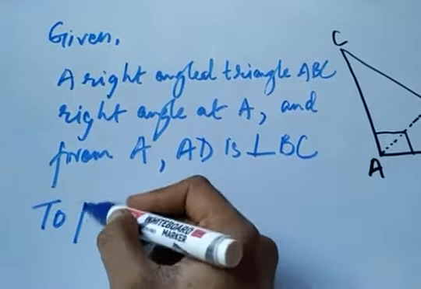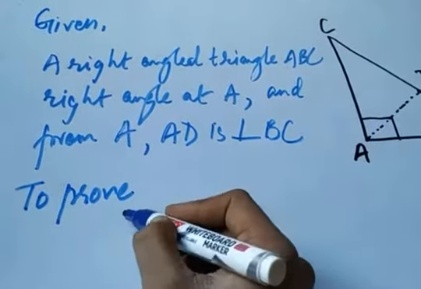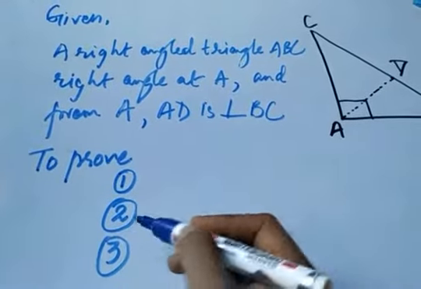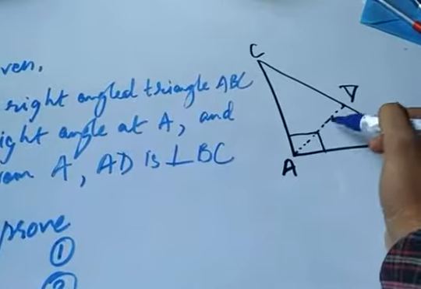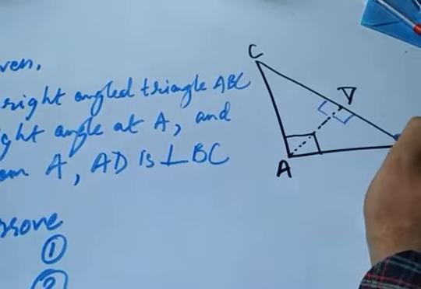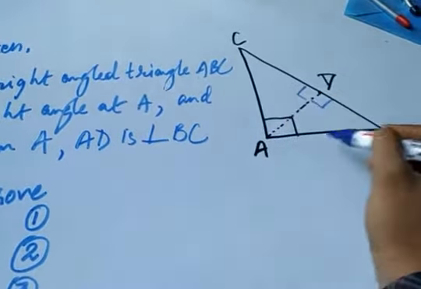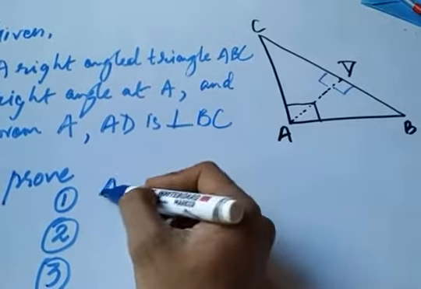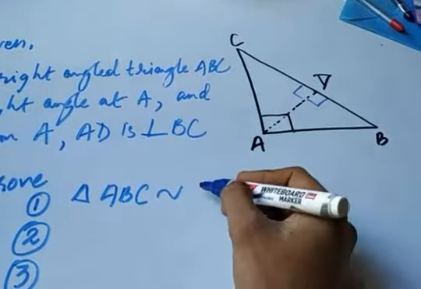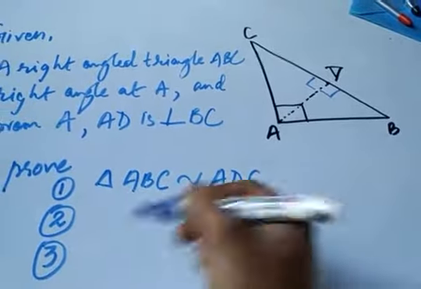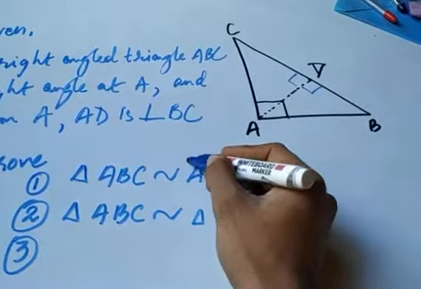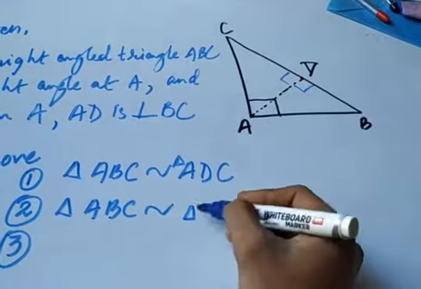Okay, so you see your proof, to prove is in three parts. One, because the theorem told you to do that, I'll just explain this part to you. First, the theorem told you that if you draw a perpendicular, then the new triangles so formed, both the triangles are similar to the original one. Means the original triangle was ABC. So it tells you that you have to prove triangle ABC is similar to triangle ADC. That is your first one. Again it tells you triangle ABC is similar to triangle ADB,